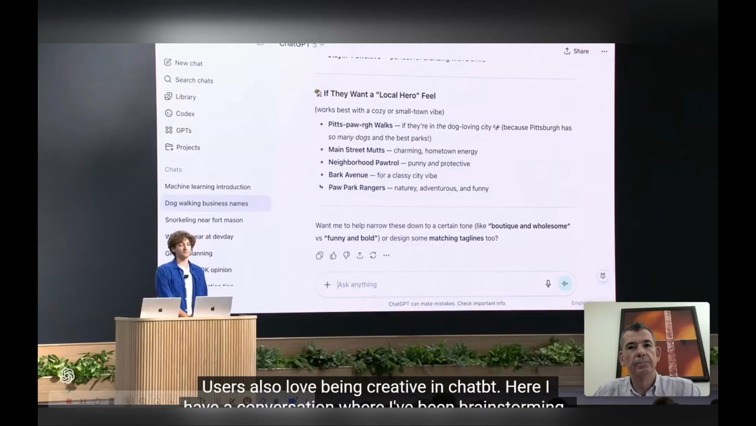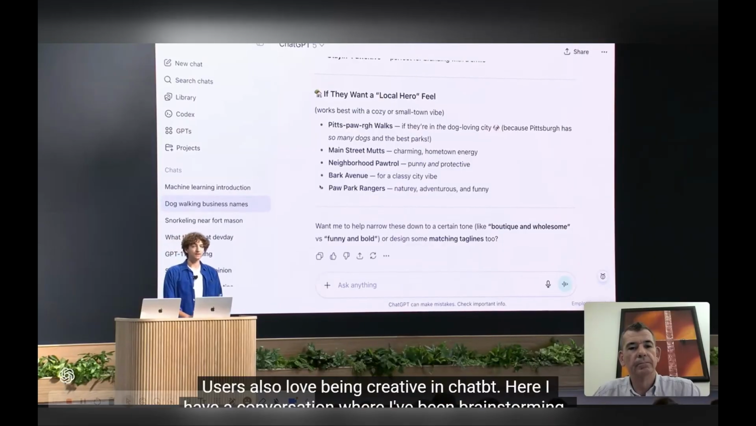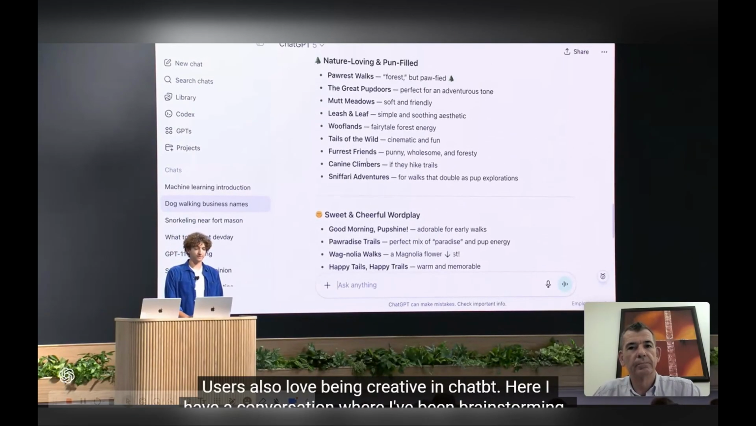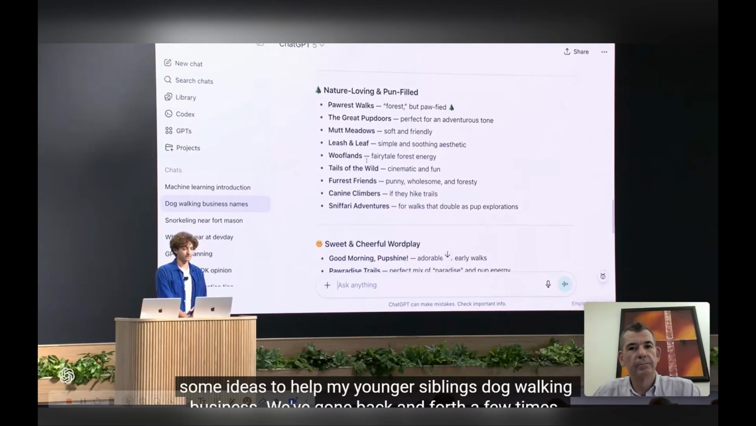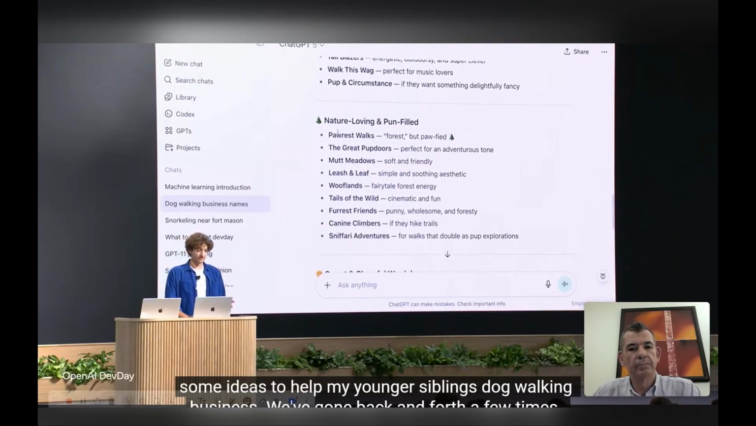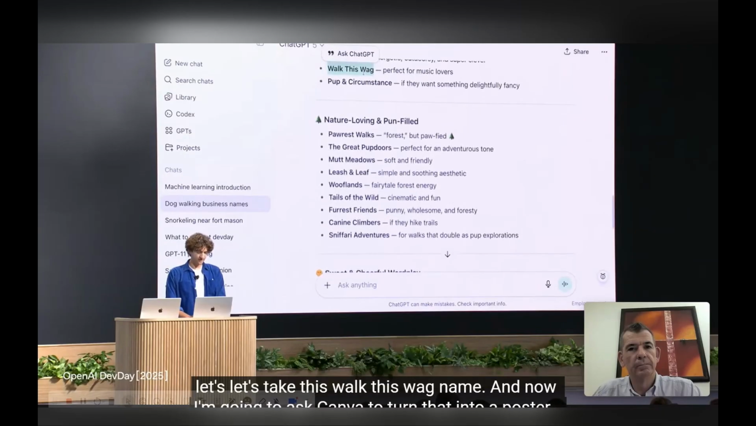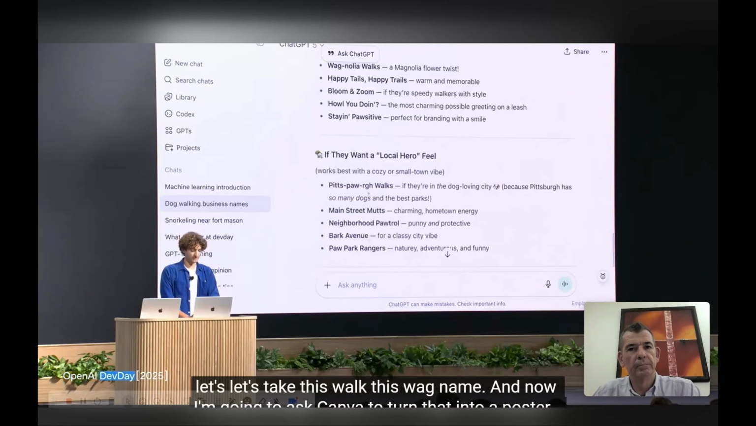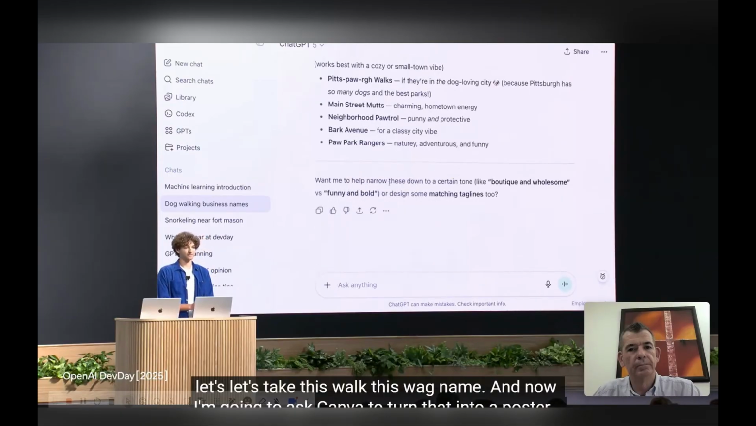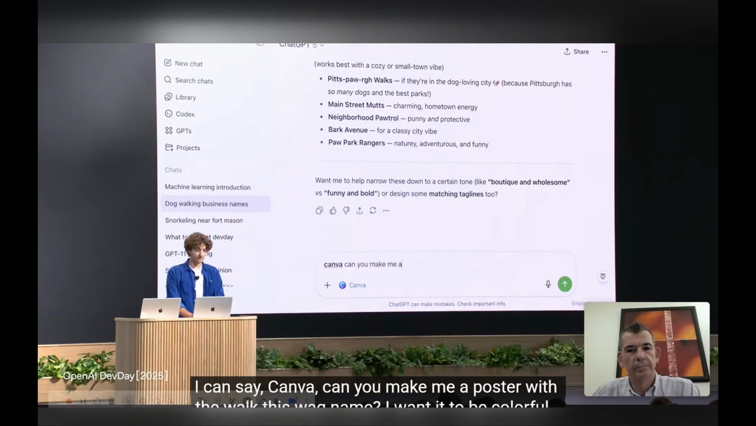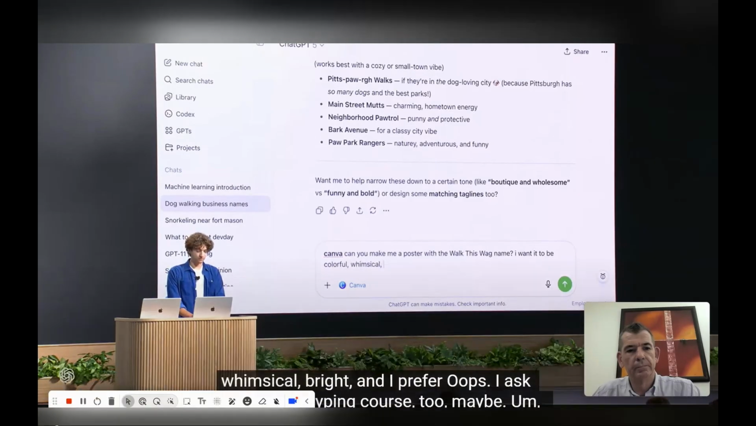Users also love being creative in ChatGPT. Here I have a conversation where I've been brainstorming some ideas to help my younger sibling's dog walking business. We've gone back and forth a few times, and now it's time to make this into a reality. I'm pretty happy with some of the names here. So let's take this Walk This Wag name. And now I'm going to ask Canva to turn that into a poster. I can say, Canva, can you make me a poster with the Walk This Wag name? I want it to be colorful, whimsical, bright,